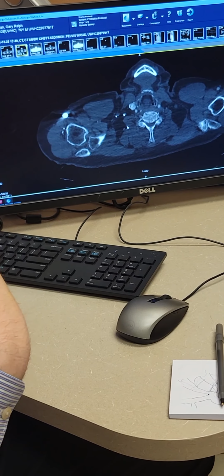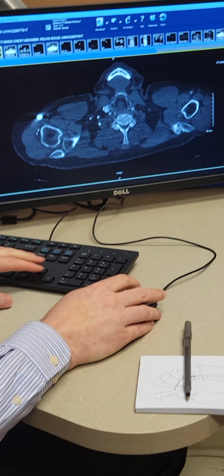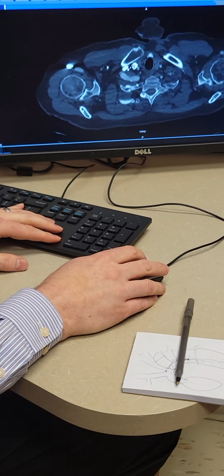We'll work our way down. The picture's flipped, so the right side of your body's on the left side of the screen and the left is on the right side of the screen. And so